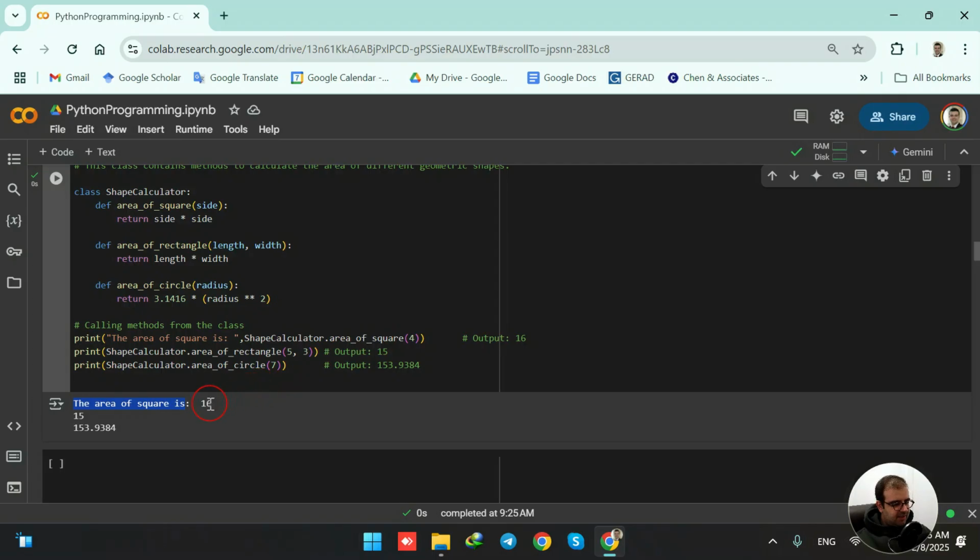For example, here the 16 comes from this function, area of a square, because this is the first function that is being called. This is why I say that the first result is for the first function, because this is the first time that we are calling a function in this code. So area of a square, 4 multiplied by 4, so the output is 16. Then the 15 is for this function, length multiplied by width, which is 5 multiplied by 3, so the output is 15. And finally, the area of circle, we see that this number is shown in the output, which is